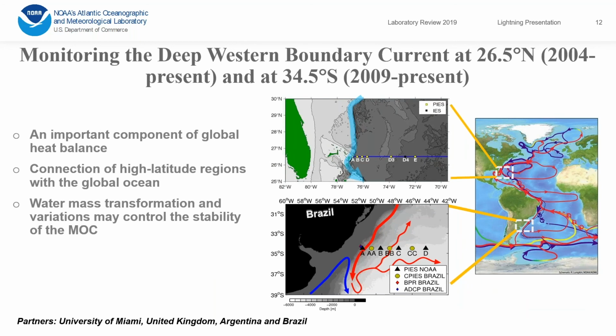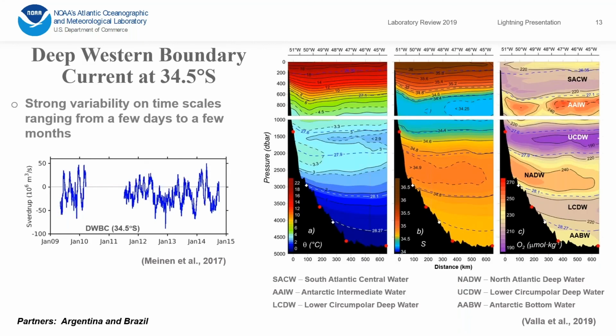We also monitor the deep western boundary current in both the North and South Atlantic from moorings. DWBC is the main carrier of southward flowing cold water in the lower limb of MOC. Our measurement shows large variability in the transport on short time scales. Our goal is to understand the attribution of those variabilities. As you can see, the water column consists of various water masses, each with distinct characteristics and a different impact